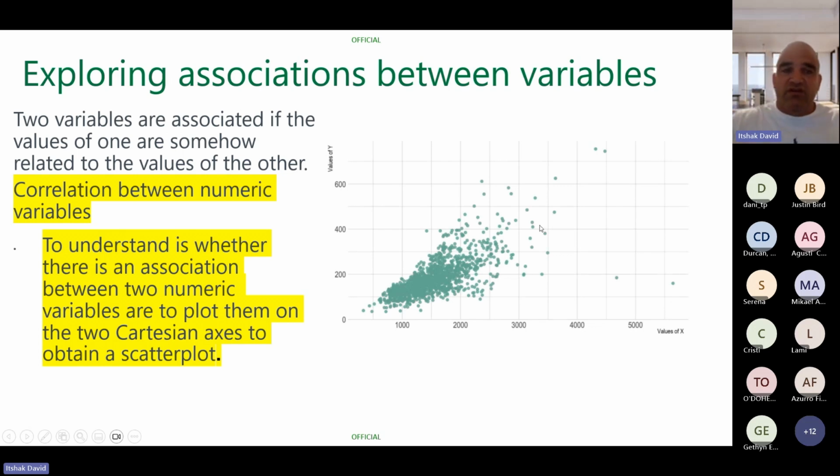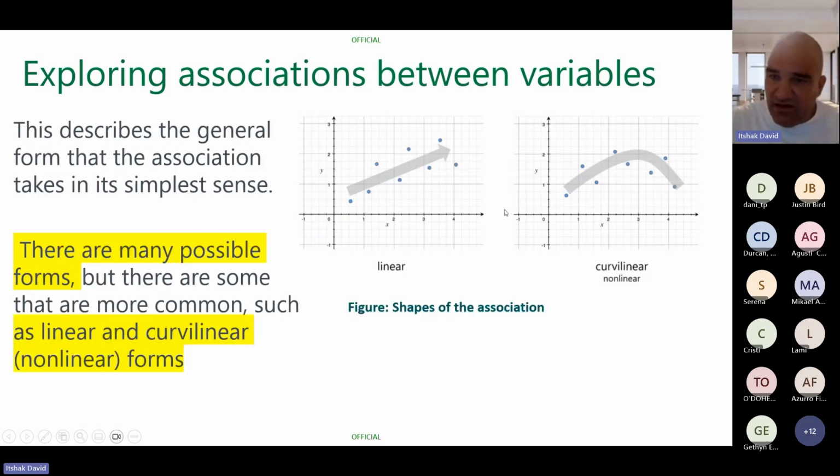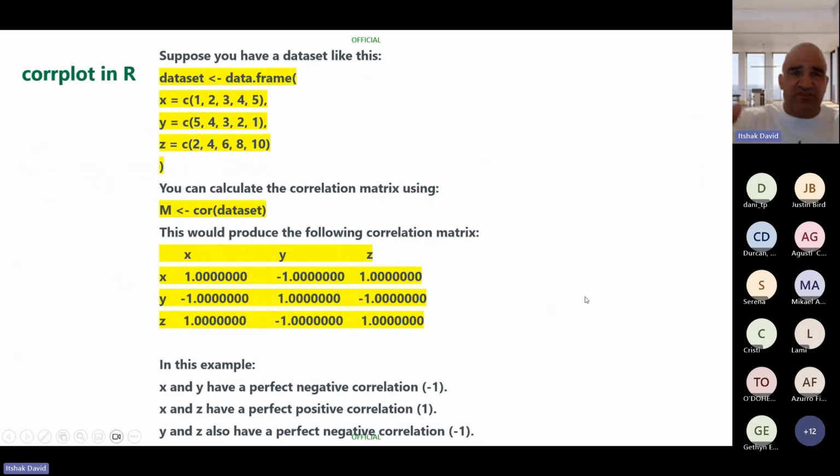You can see that there are positive directions, negative directions, and no association. So there are many possible forms, but the most common are linear and curved, that is, linear and non-linear shapes of association. For example, if you're using this data frame,